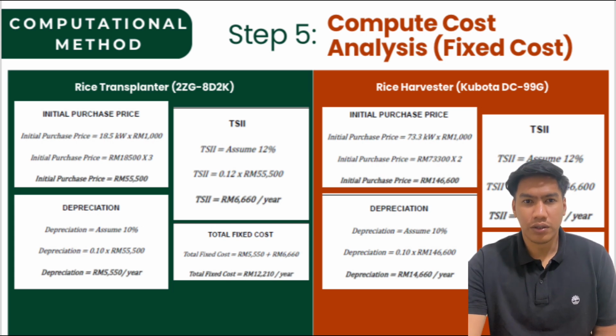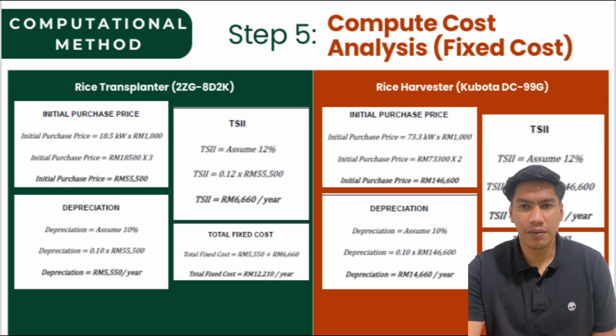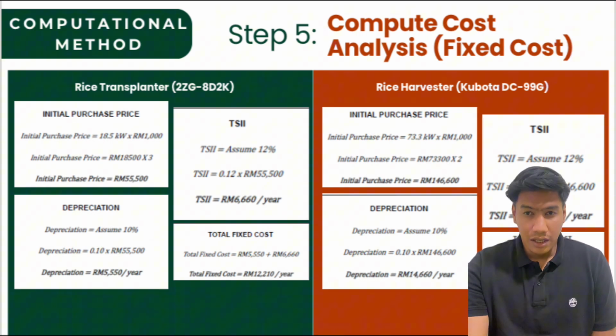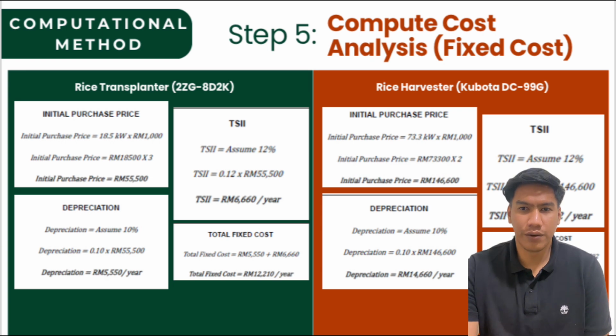18,500, for a total of 55,500. Depreciation is assumed at a 10% rate, resulting in 5,550 per year. The total system integration insurance (TSII) is assumed at 12%, resulting in 6,660 per year. The total fixed cost for the rice transplanter is RM12,210 per year. The combine harvester has an initial purchase price of 70,300, for a total of